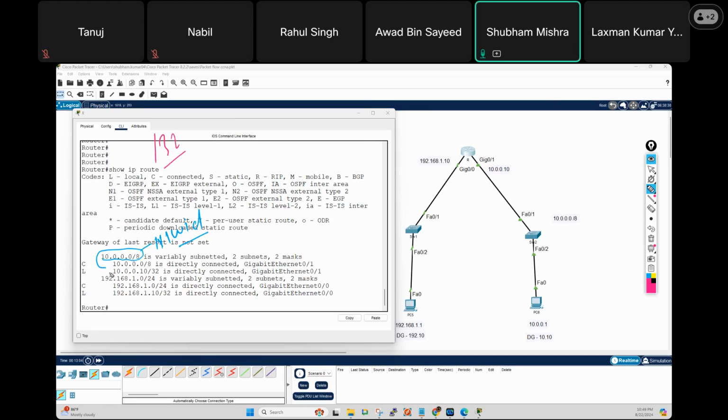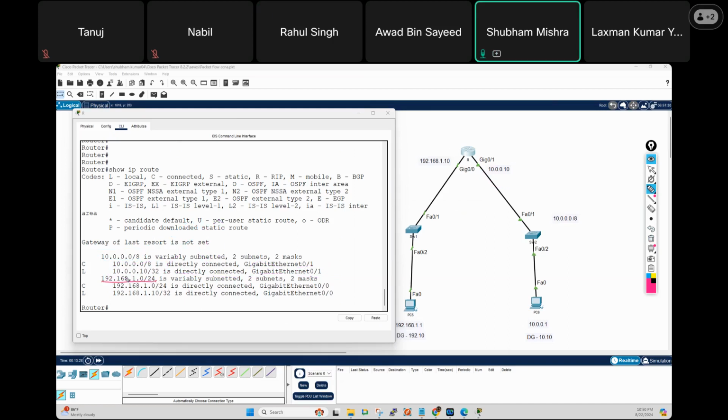So see, this is 10.0.0.10. So this is the particular IP address. Getting my point? And this IP address is directly connected to which interface? Gig 0/1. So on Gig 0/1, we configured 10.10. Yes or no, everyone? Clear? Tell me. Clear now? Similarly here,